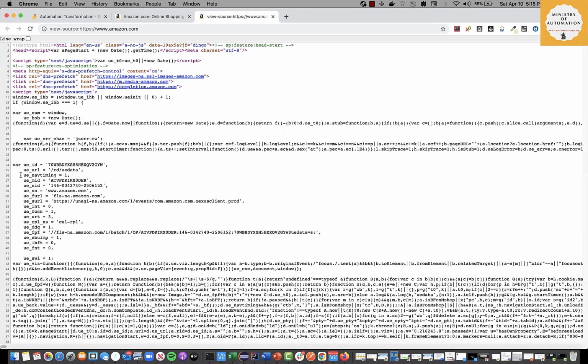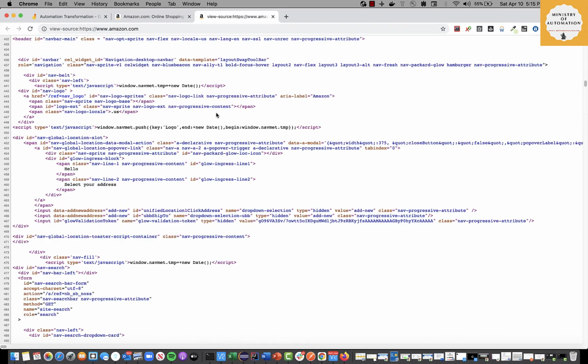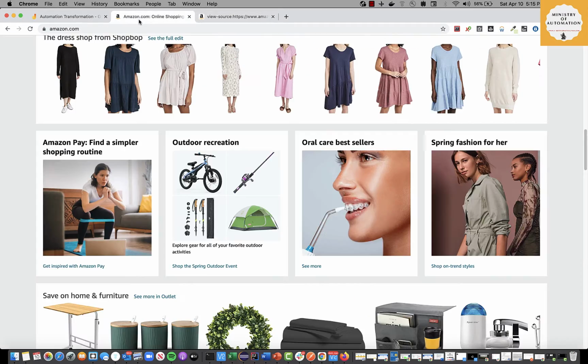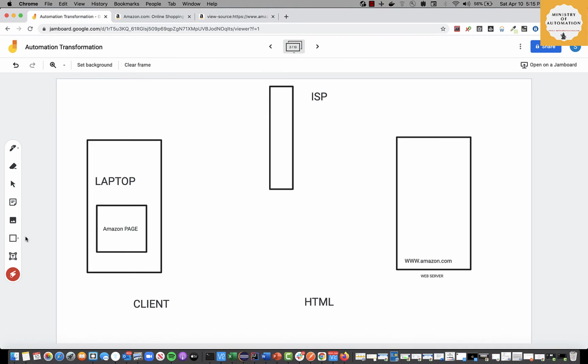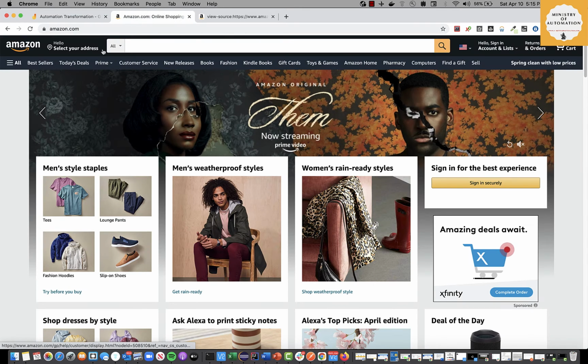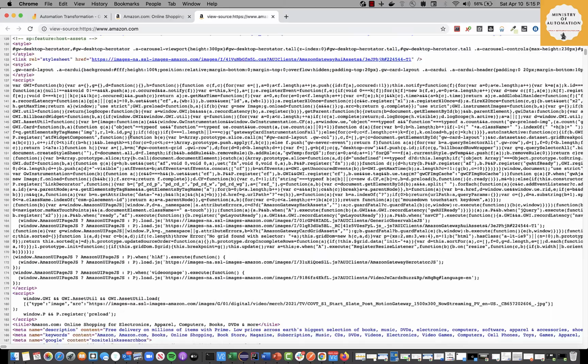But yes, in short, it is receiving HTML, and because the browser can understand and read HTML, it is displaying this complex code, whatever you see in front of me right now, in the simplest form like this. So in short, there is an exchange of HTML happening between your browser and a web server, to and fro repetitively, on every action you perform on the browser. Now as an automation engineer, you need to understand the structure of this page. This structure, whatever you see in front of you, is because someone has written HTML in that way.